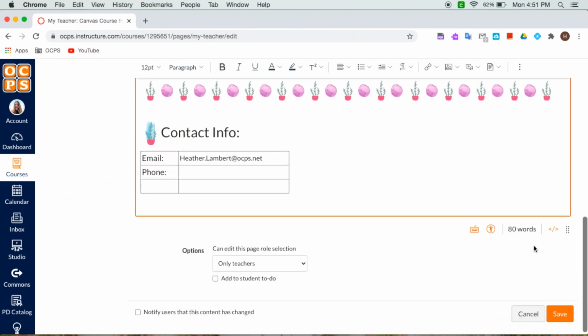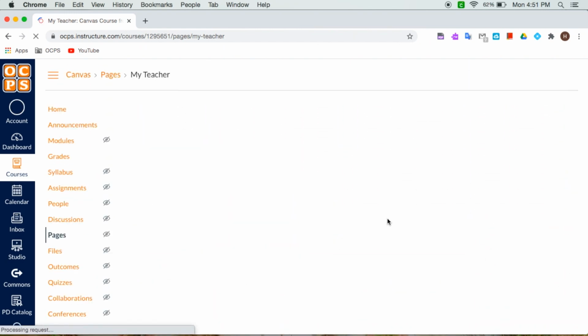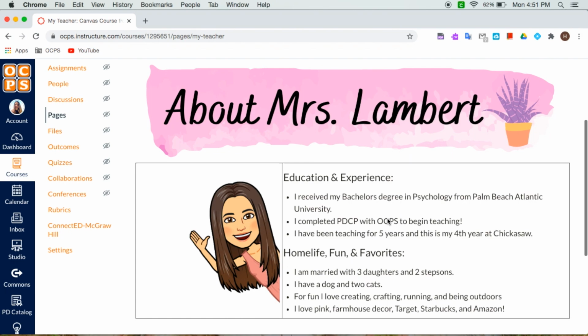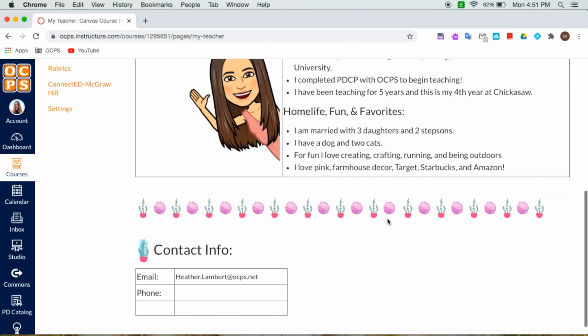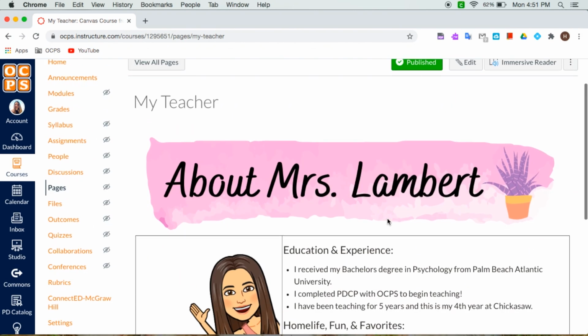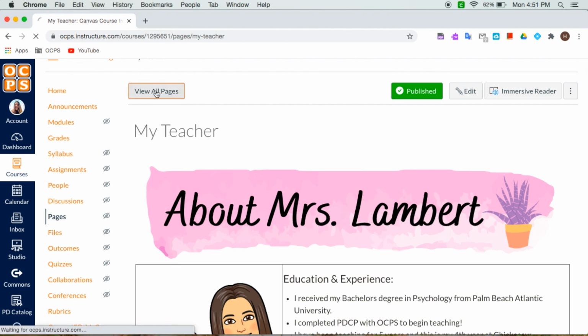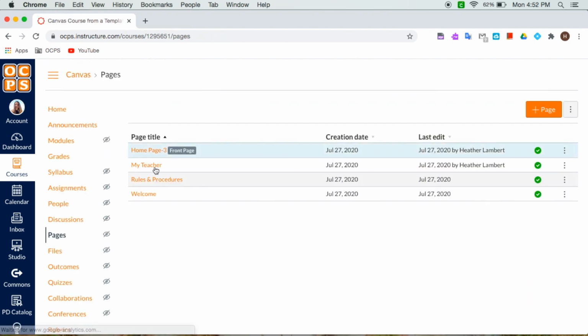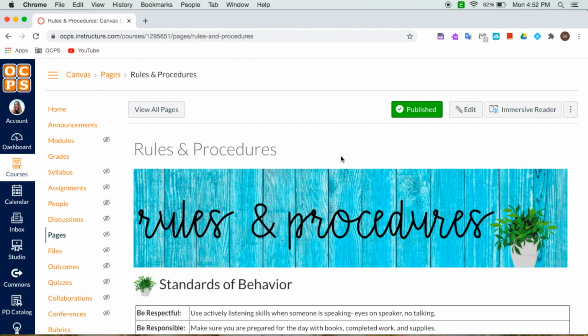So now that we have this page done, we're going to click save. We're going to check it and make sure everything looks good. Yes, I like it. We're going to go back to view all pages. And then the next one we have is rules and procedures. Just like on all the other pages, we click edit,